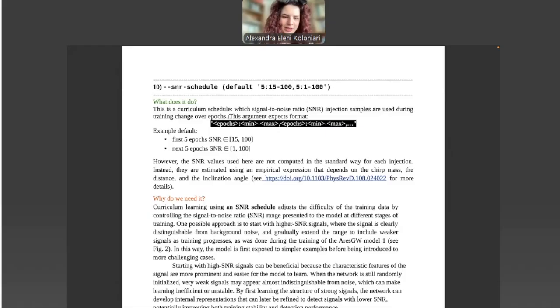This argument expects a specific format, in which, for example, the default here means that in the first 5 epochs, we will only include injections with SNR from 15 to 100, while in the next 5 epochs, we will include the injections with SNR from 1 to 100.